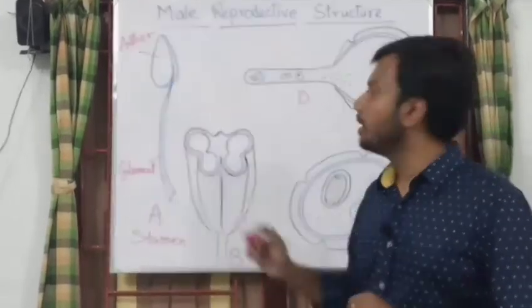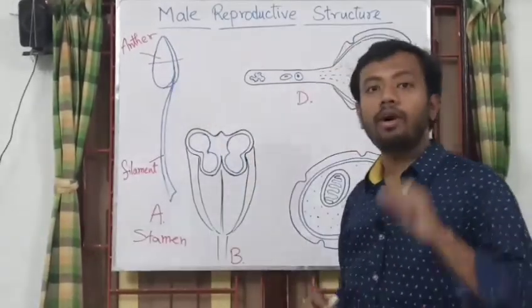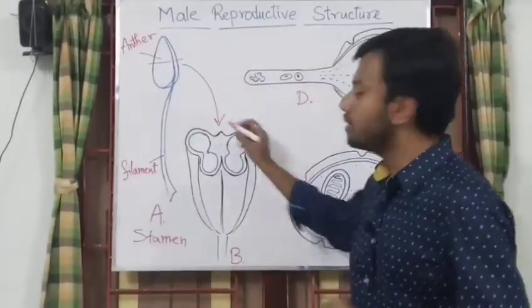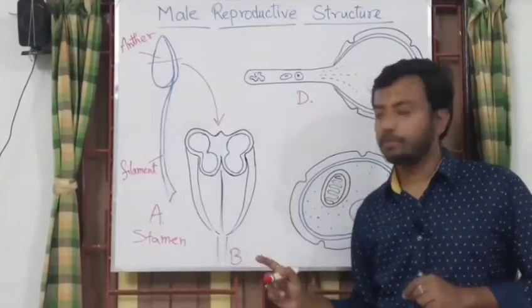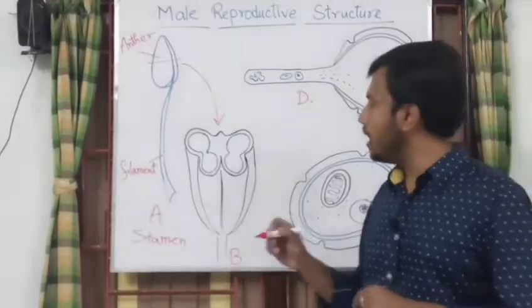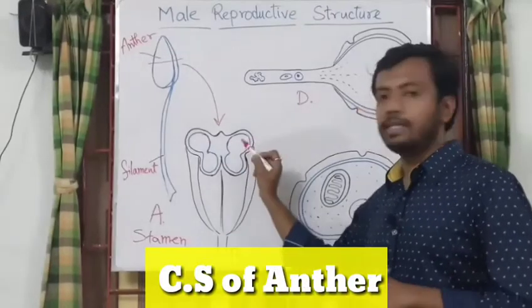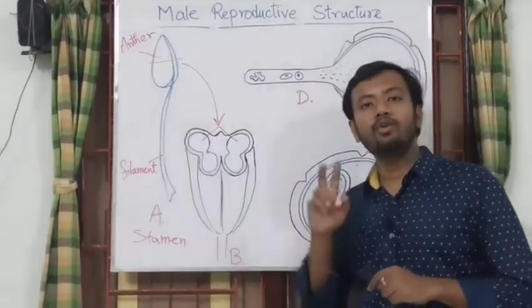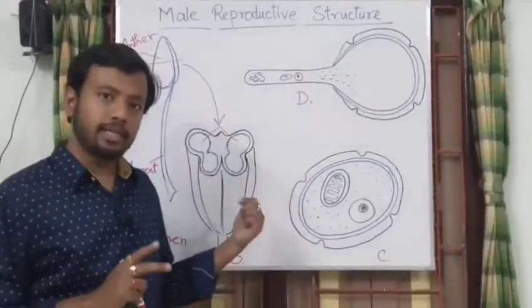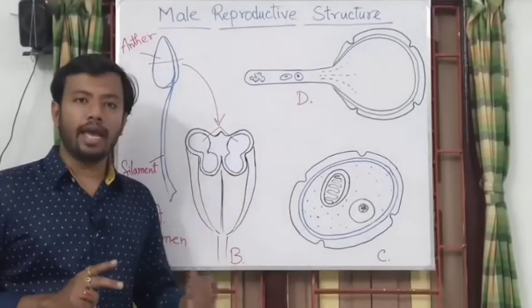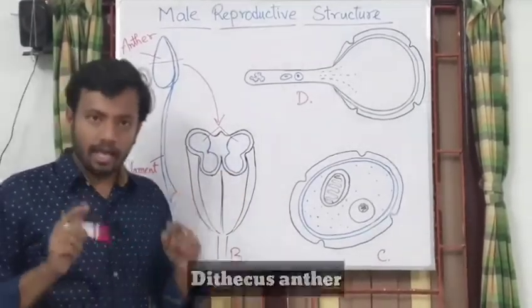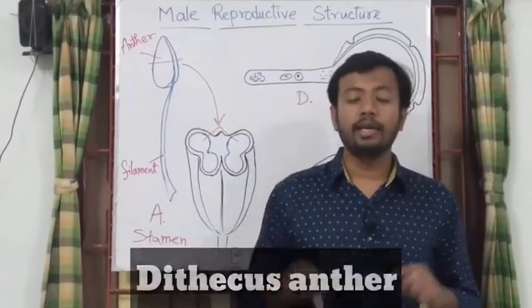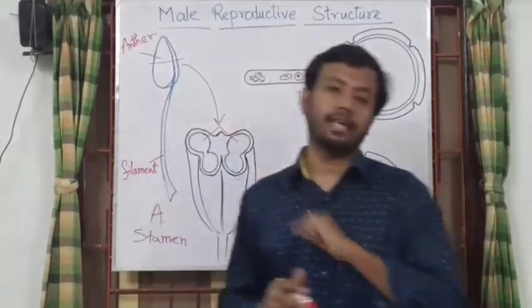Now if we cross-section the anther and try to find out what is present inside it, we will have a diagram that looks like this. This is our second diagram, the cross section of anther. Here we find these 2 lobes present on both of its sides. These lobes are known as anther lobes. As there are 2 anther lobes inside this typical anther, such anther is referred to as dithecous anther. If there were only 1 anther lobe present inside any anther, such anther will be referred to as monothecous anther.